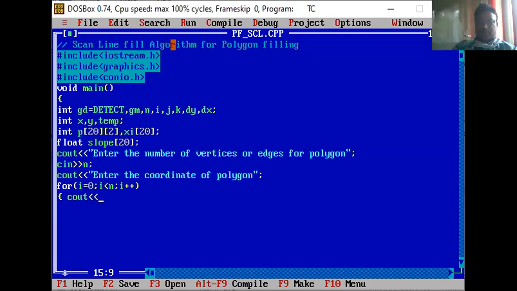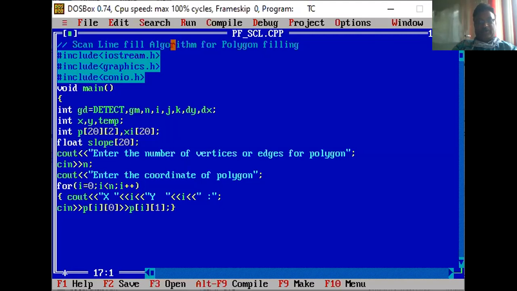Suppose I have put cout as an X variable, X put like this. So this is my i, okay? And then again you have to put the Y coordinates. So this is my Y coordinates, Yi means X0, Y0. This is the way that user can get display, and user is going to enter the value. So cin reads the value. P of i 0 is my first coordinate, then P of i 0 is my X coordinate, and P of i 1 is my Y coordinate. So these are all the coordinates.